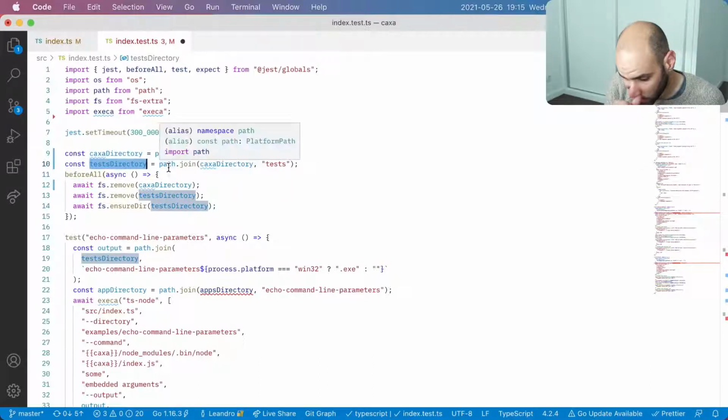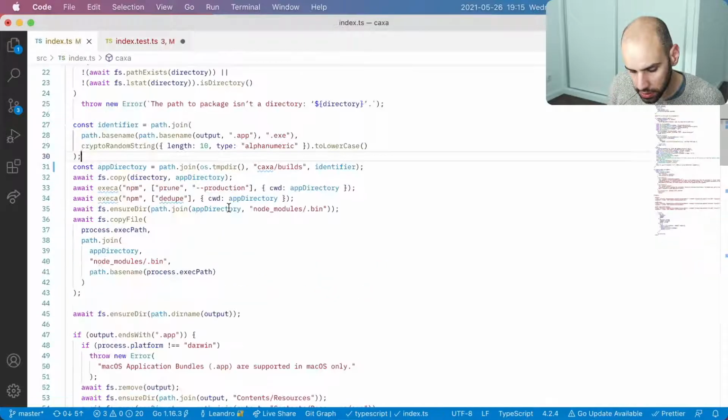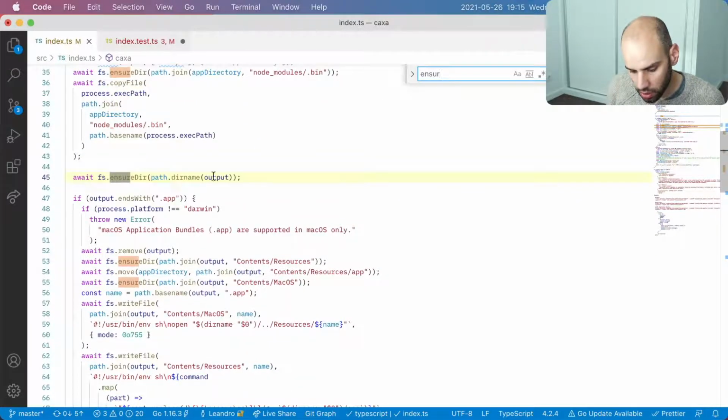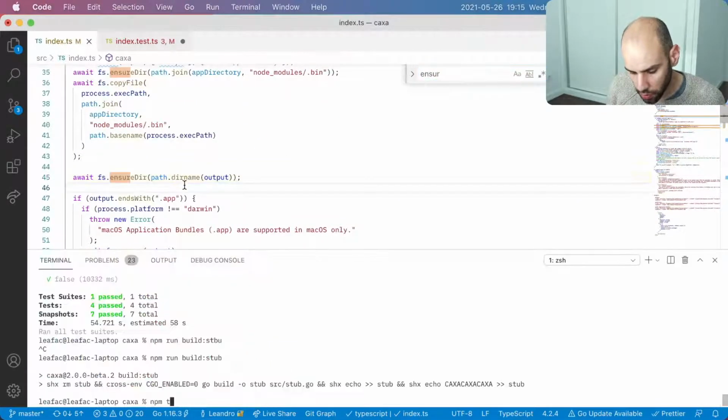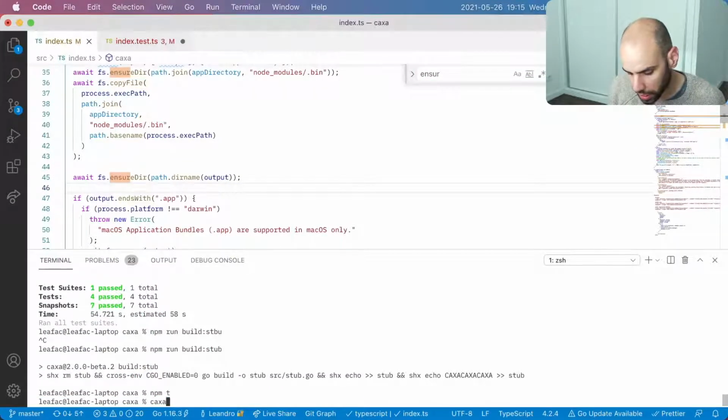So the tests directory, we do this ensure thing to ensure that the tests directory exists, but I think that Kasha already does some ensure of the output. So if you call Kasha on the command line and you say Kasha whatever whatever, and you want the output to be like temporary directory or whatever, and then A, B, C, D, E, Kasha will create this directory structure for you.